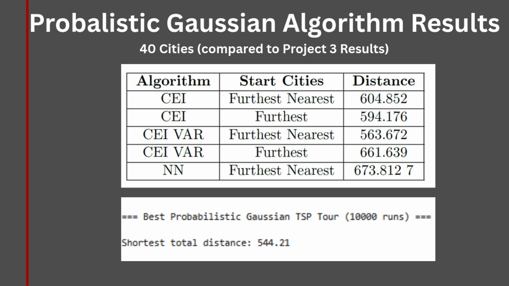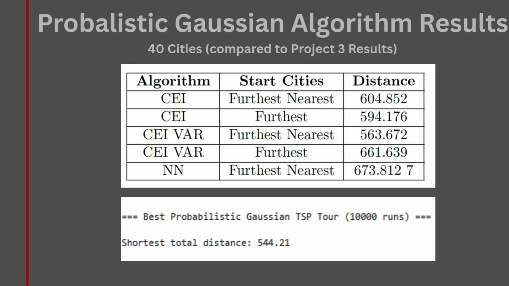When I did, I used the 40 cities TSP file from Project 3, and then I compared that to the results I got from Project 3. This approach beat every single one, using the closest edge insert and the closest edge insert variant that I came up with. And so that was pretty promising. However,